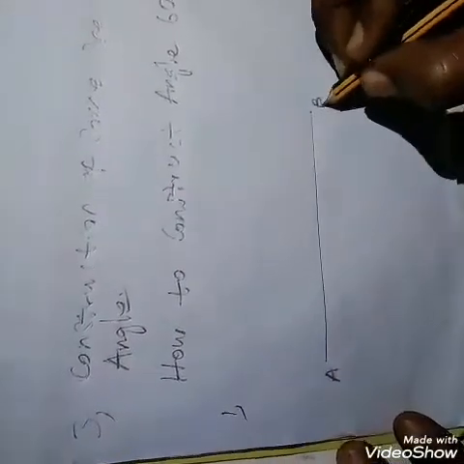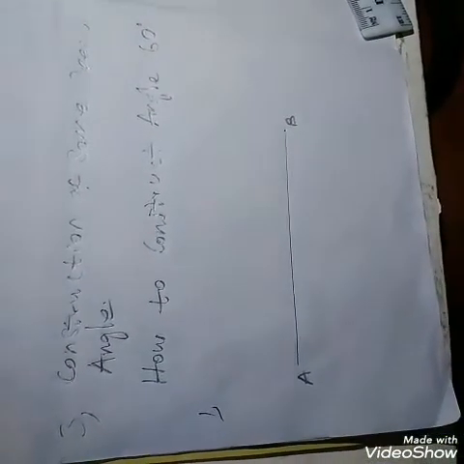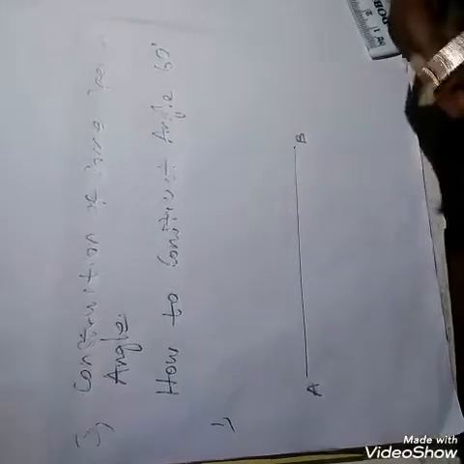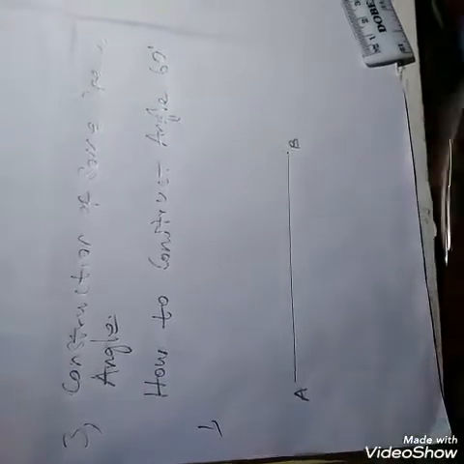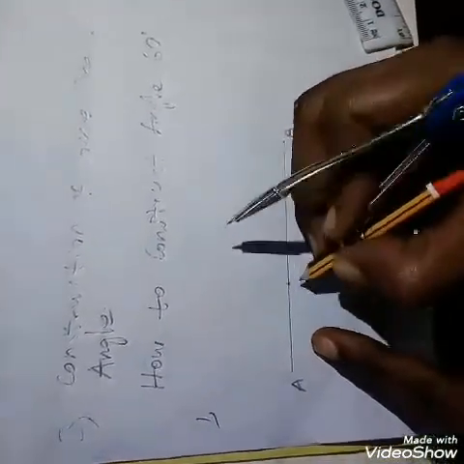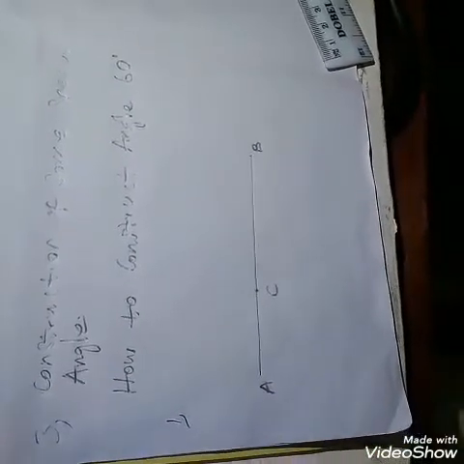Remember I told you what a line is. It is the shortest distance between 2 points. This is point A. This is point B. Now, having done this, the next thing you have to do is to indicate the point where you construct your 60 degrees angle. I can take any point. You can decide to take this point A, or any point along line AB. But let's take this point, point C, where we want to construct the 60 degrees. That's where point C is on AB.